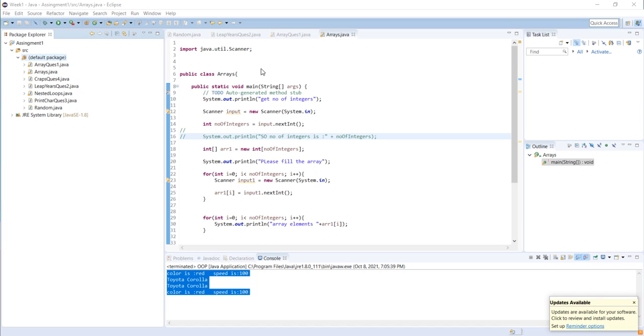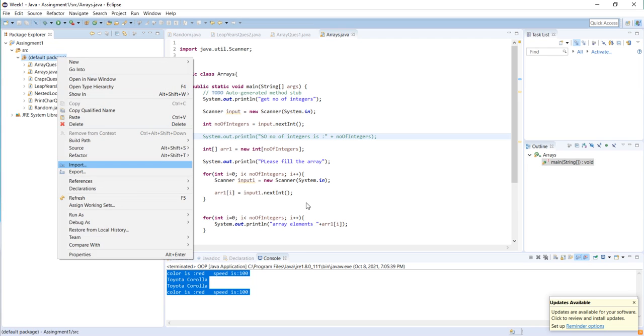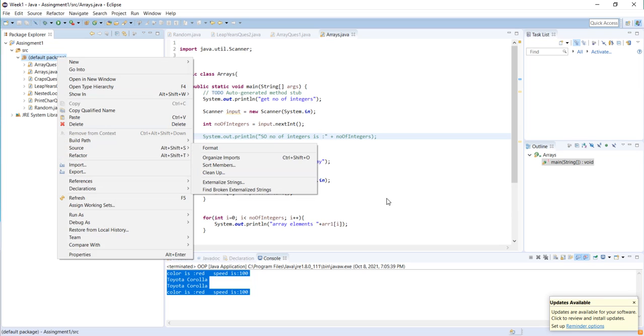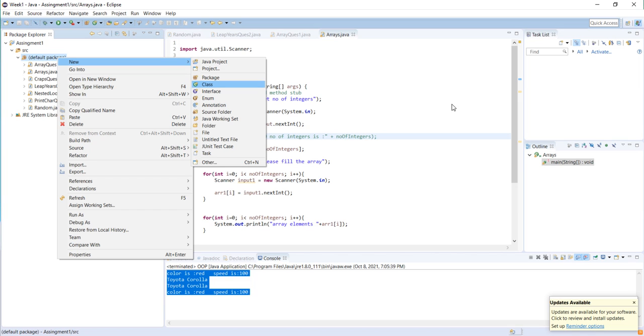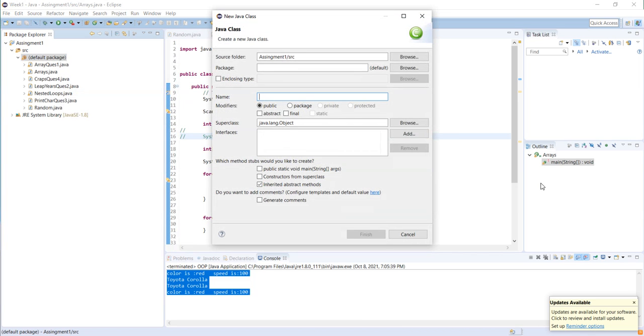So, not to take my time further, I'll just start creating classes. I'll create two classes and start showing you how it goes. I'll call one of them just class, and I'll have a main method here.